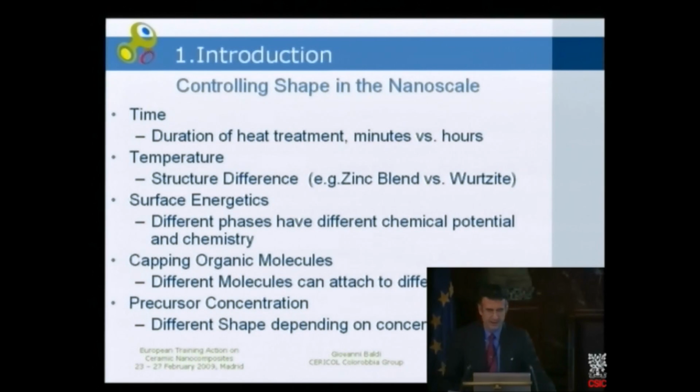In the control of the shape at nanoscale, we have to consider the time, the duration of heat treatment, and the temperature, for example, that can lead to completely different crystalline phases. Zinc blende or wurtzite is an example. We can consider surface energetics. Different phases can have different chemical potential in chemistry. We can use capping organic molecules in order to